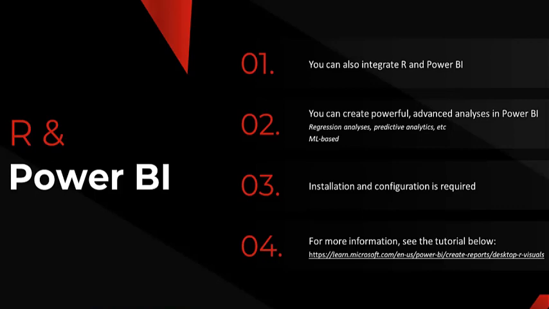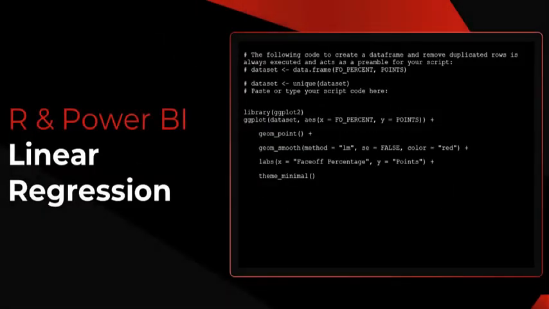potential of data-driven insights. The provided R code, embedded in an R visual script control within Power BI, performs data manipulation and generates a scatterplot visualization using the ggplot2 library, essentially a low-grade linear regression. Here's a summary of the code. The code begins with a preamble, where a data frame named dataset is created using the variables FO% and points. The dataset is then processed using the unique function to remove any duplicated rows, ensuring that only unique observations are